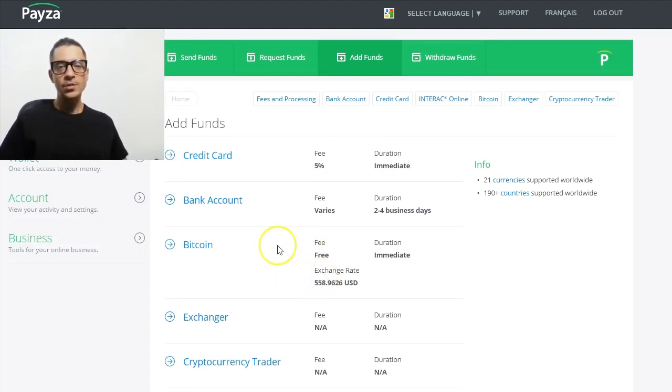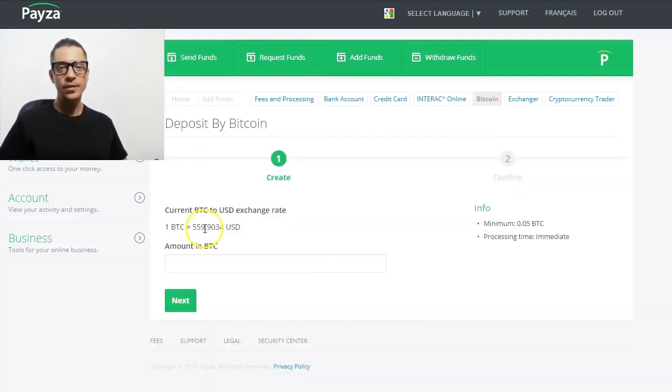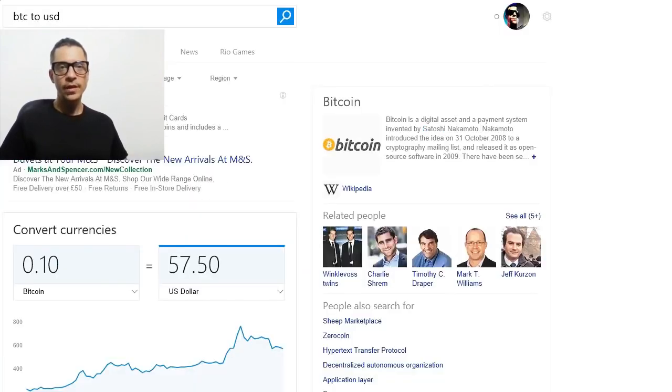So let's have a look at how it's going to work. I select Bitcoin. Now I'm going to set the amount in Bitcoin here. This is what they're asking me. The minimum that I can do is 0.05 Bitcoin, which is around $20 or something like that. So I'm going to set it at 0.10, which, if I have a look here, on a typical calculator you can pull from Google or anywhere, should be $57,